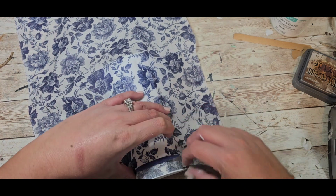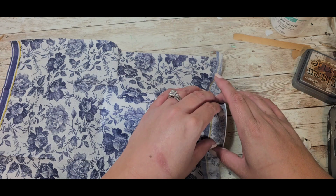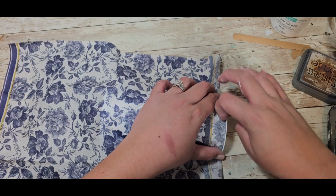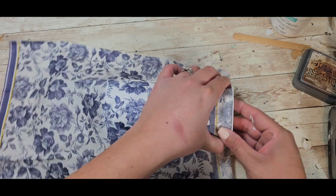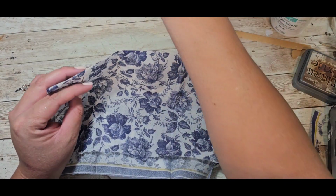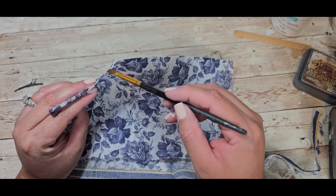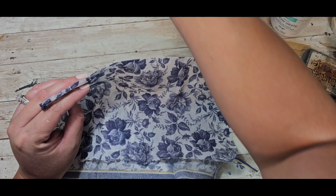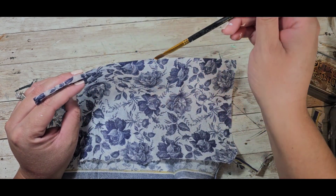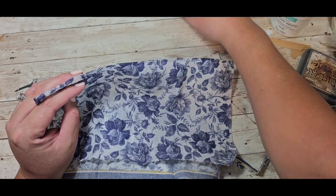So since I can't really sand the edges off, since they both have a little bit of a lip on the top and the bottom, I am going to kind of measure out and see where I need to cut my napkin before I start to decoupage. And to cut my napkin, I'm just using a paintbrush with some water, and then I'll go ahead and tear the napkin versus cutting. I don't want that straight edge, so it can blend a little bit better onto the